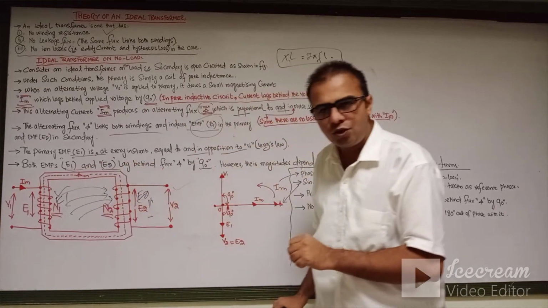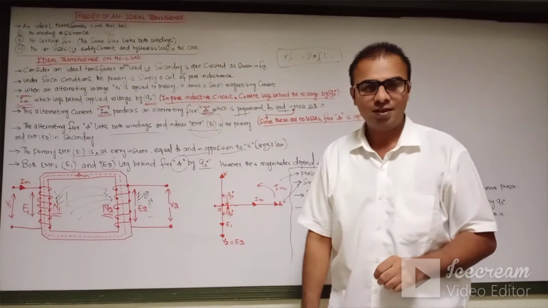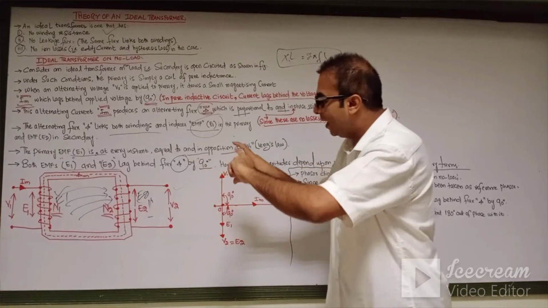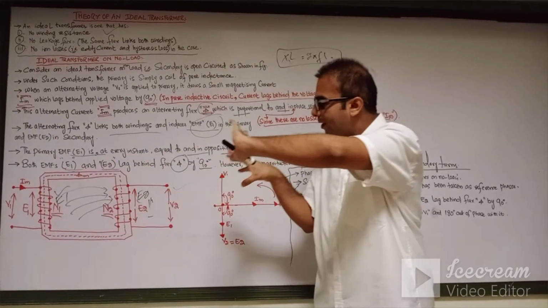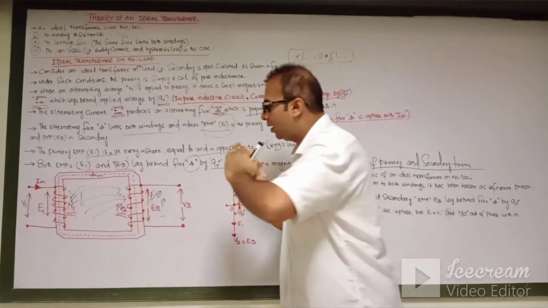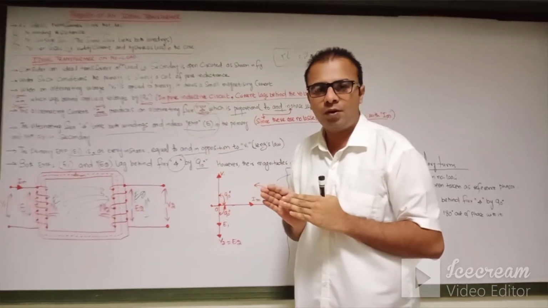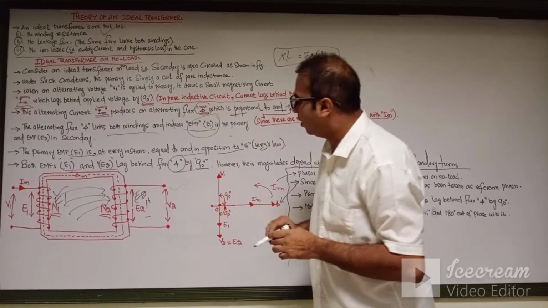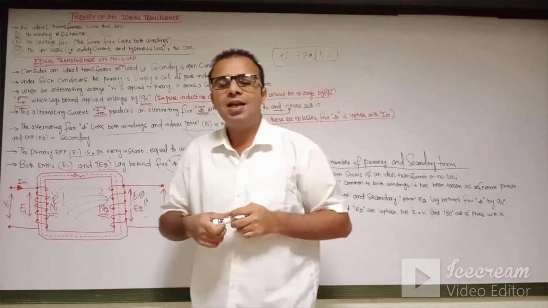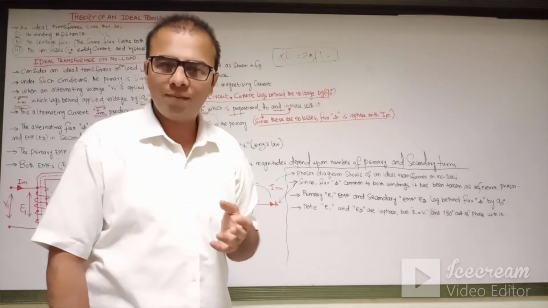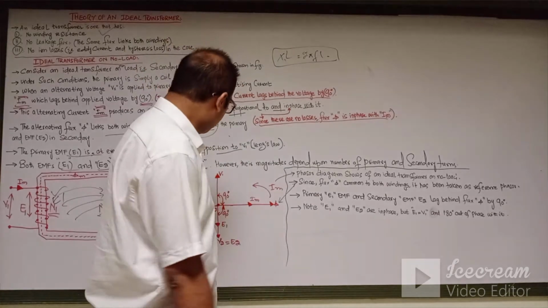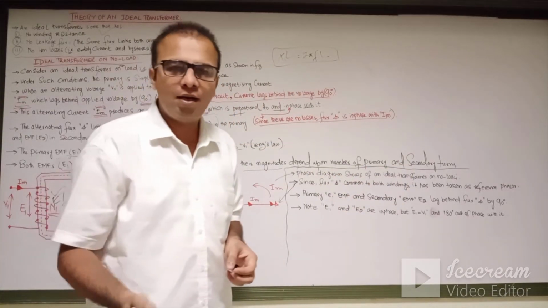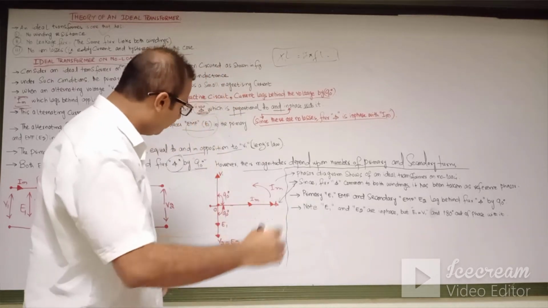Both EMFs E1 and E2 lag behind the main flux, because the main flux causes the establishment of the E1 EMF in the primary winding and the E2 EMF in the secondary winding, and both EMFs lag behind the maximum main flux of the transformer. However, their magnitudes depend upon the number of turns on the primary side and the secondary side of the transformer. Now let's discuss